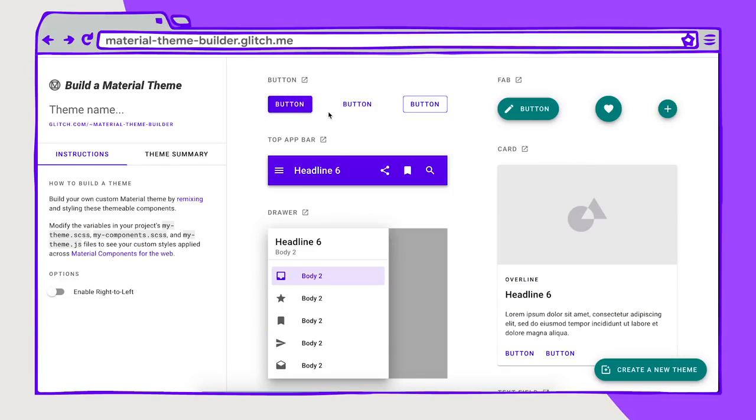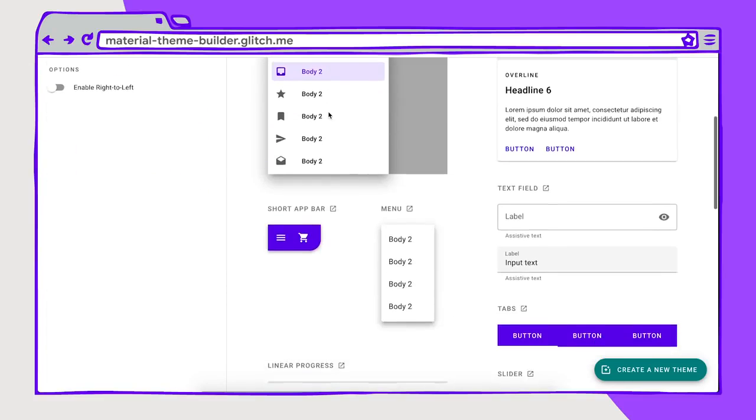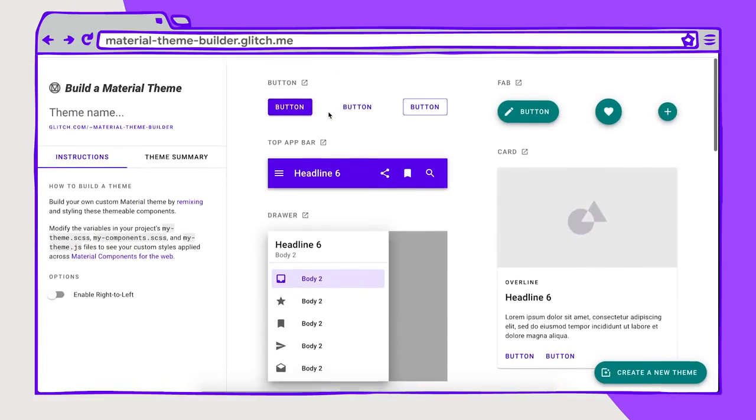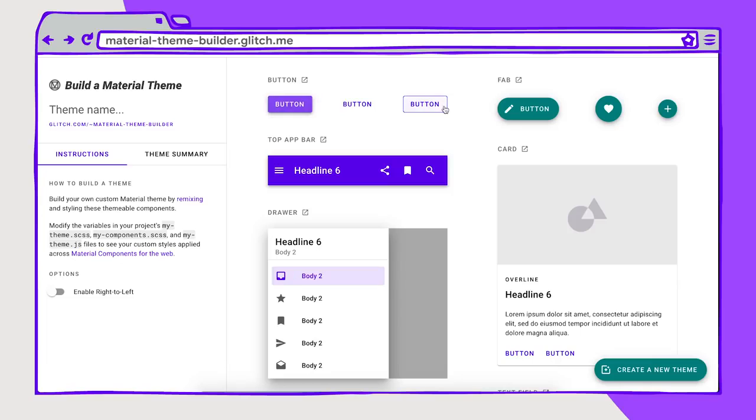So here we have a layout. This is the material theme builder where you can adjust theme properties like shape, color, and typography and see what that looks like with all of these different components on a single page. Now, if I click on this button, you'll see that wherever I click is where the ripple starts, and it then extends to the rest of the element. So it's a response to the user. It's this reaction to where the user is clicking on this UI. And that's really nice because we are creating this sort of visual, digital response mechanism to user input.